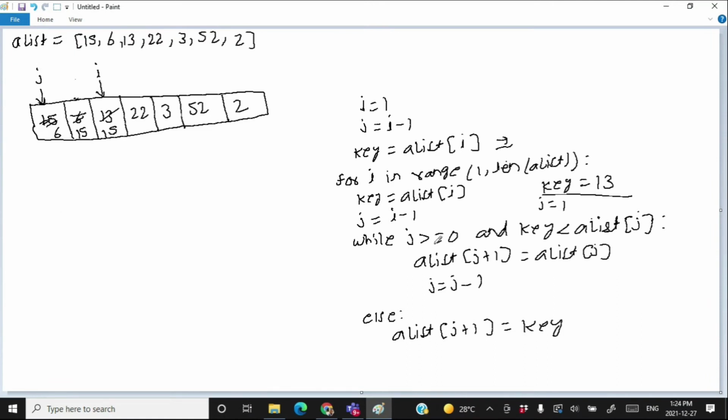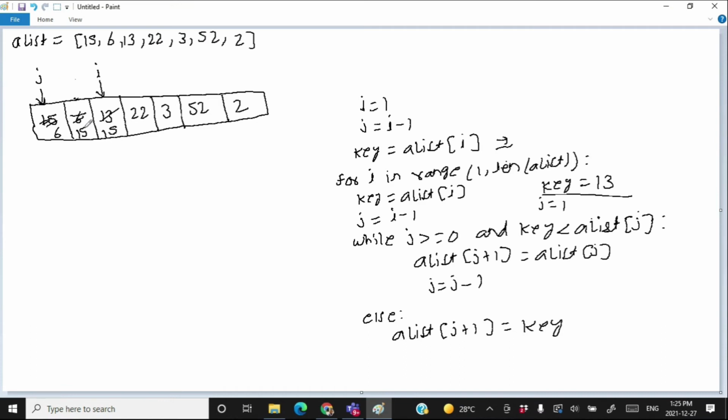Again, 0 is greater than equal to 0. That's perfect. But the key, that is 13, is not less than 6. Therefore, the while condition will fail and we are going at the else of the while. In the else of the while, what we are going to do? We are going to update the value of aj plus 1, that is this one. Okay, because the current value of j is 0, so aj plus 1 is 1.